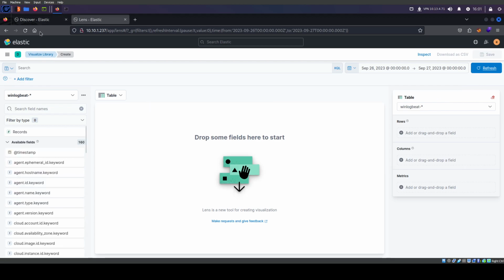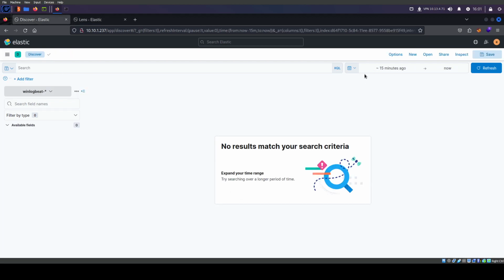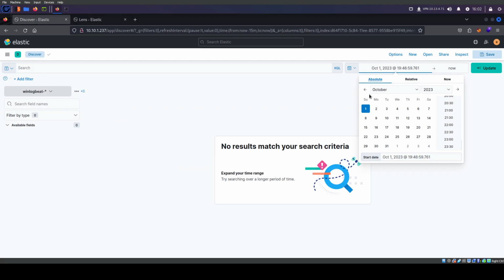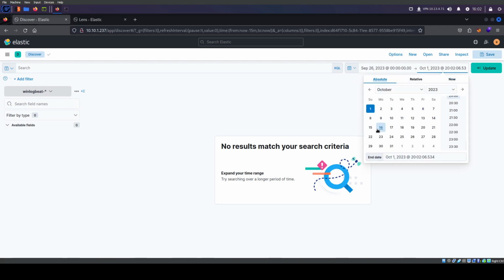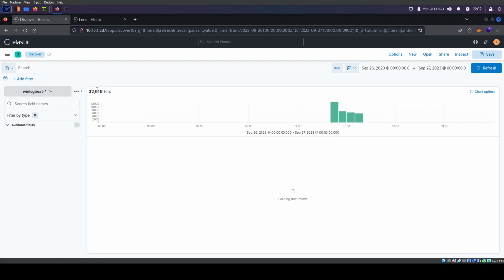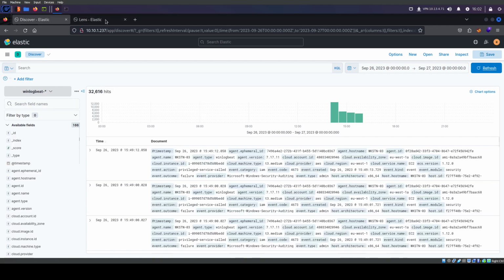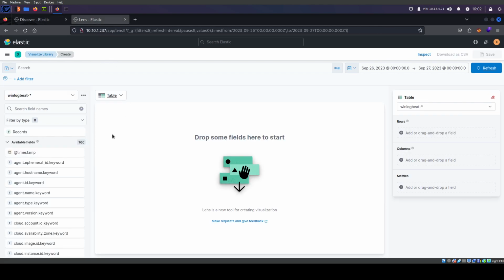Then we have a couple more results, and you'll see the same thing here. If we go to Discover and do September 26th, midnight, till September 27th midnight, so the whole day, 32,616 hits. That's a lot of hits. Imagine if you could go through all of them, but that's just too much.